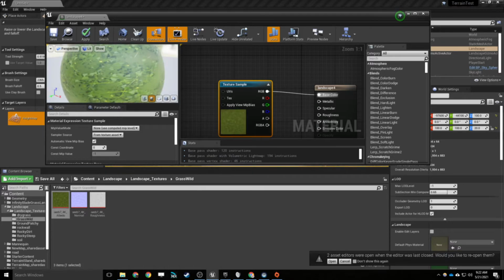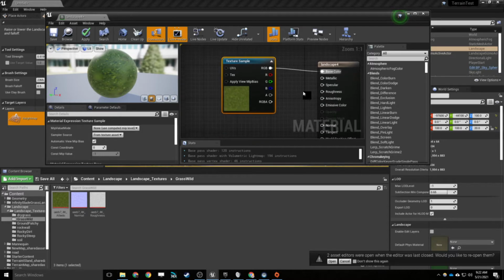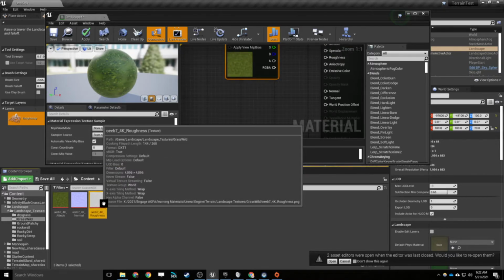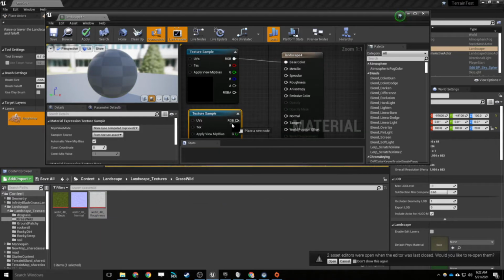texture like that. But as we can see, it's really shiny and it looks very plasticky. So how do we fix that? Well, one way we can fix that is with the roughness map. Roughness determines how smooth or how rough a surface looks. So by dragging that in here and then left clicking and dragging on this RGB into roughness, we will see